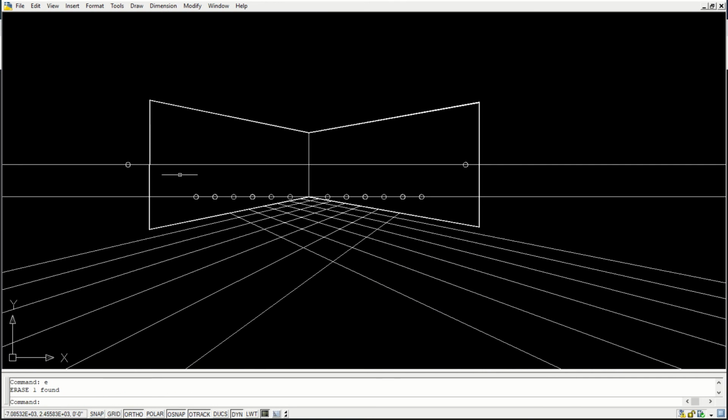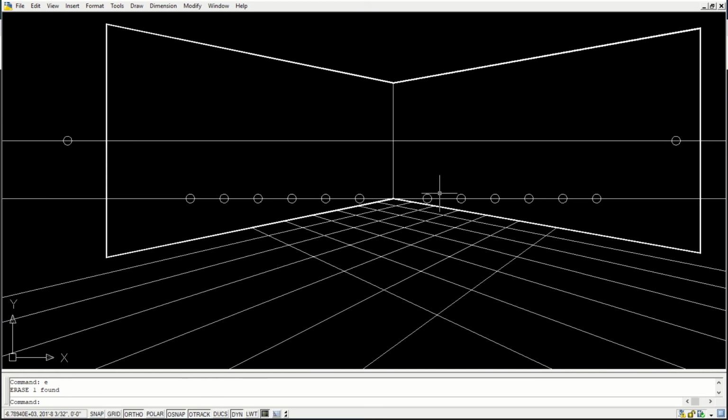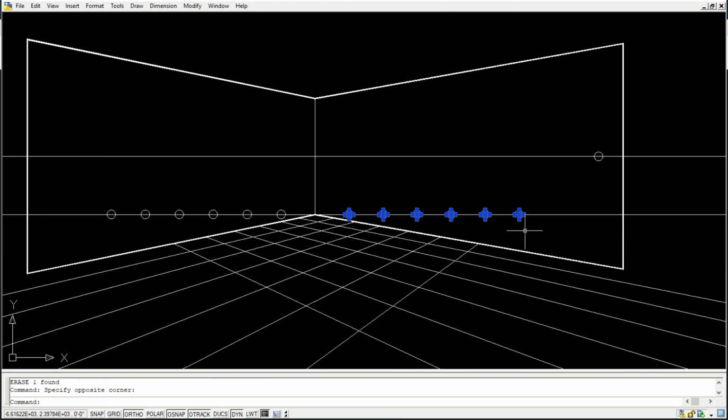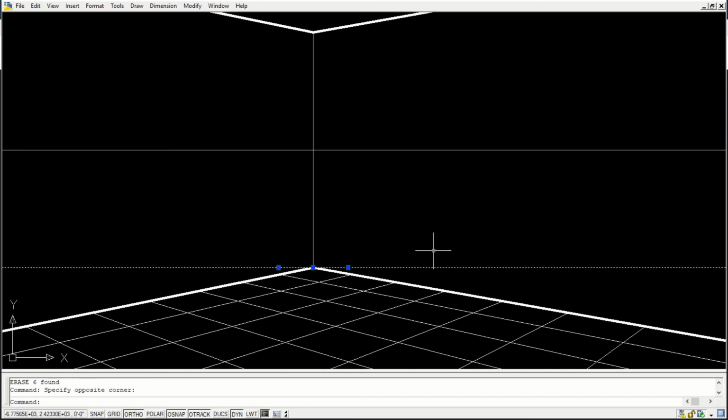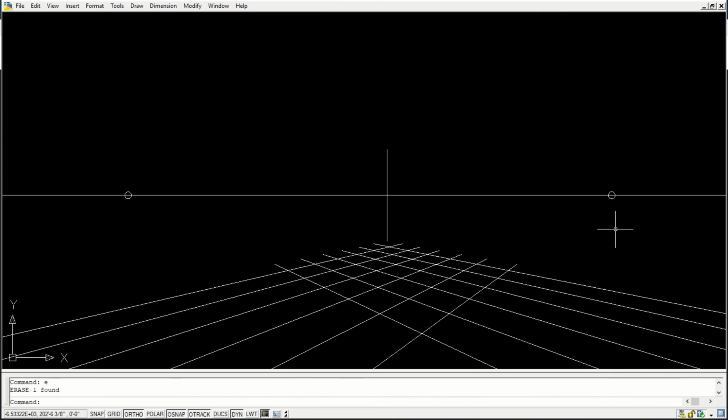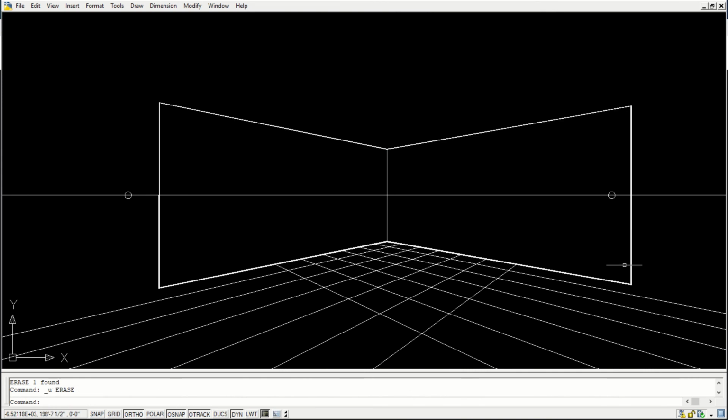Okay, so now we need the vertical lines. Vertical lines are easy. I'll remove this now because this will create confusion. I'll remove this also just to make the drawing slightly clean.